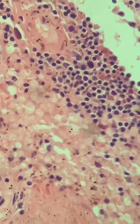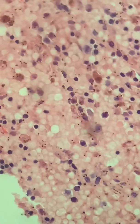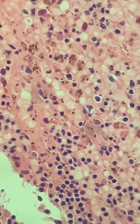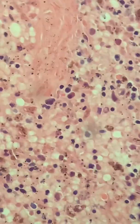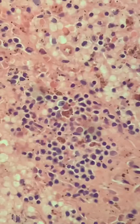Okay, and most of the lymphocytes you probably see here, there are a few B cells, but a lot of them are probably T cells. Because remember, the virus has an effect on a population of B lymphocytes. Okay, and let's see if we can find...